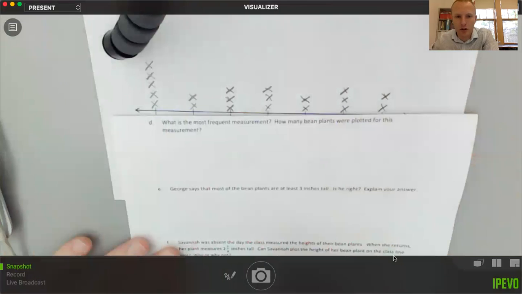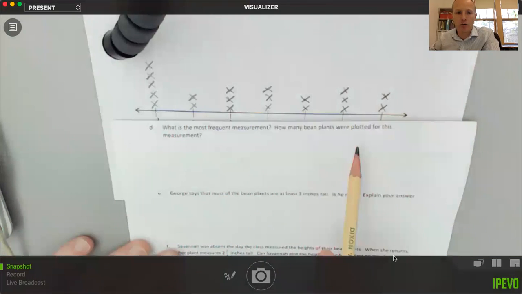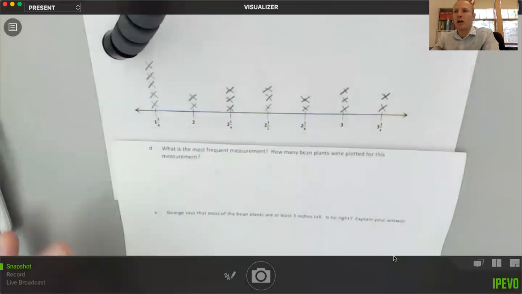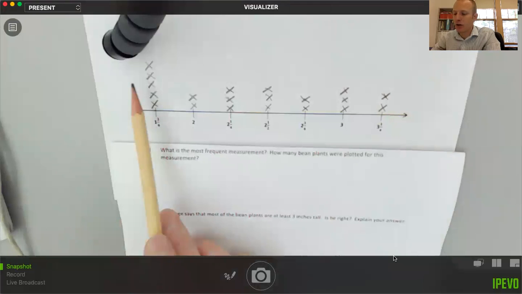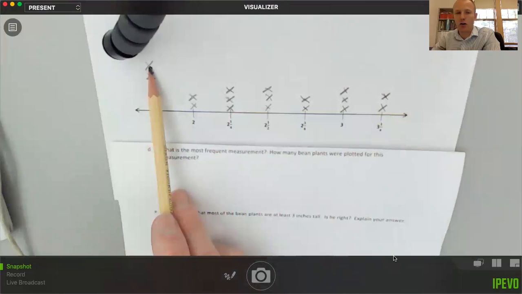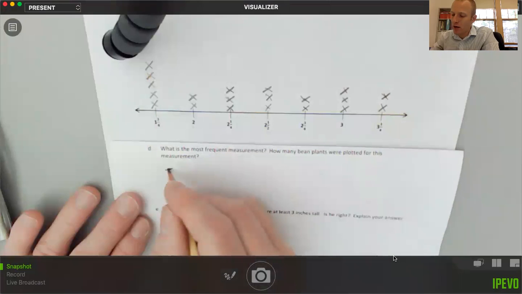Our next one says, what is the most frequent measurement? How many bean plants were plotted for this measurement? So the most frequent means which measurement happened the most times. And so we can look here and basically see which one has the most X's. We can see that 1 3/4 is taller than everything else. It has more plants, 5, than any other measurement. So 5 plants